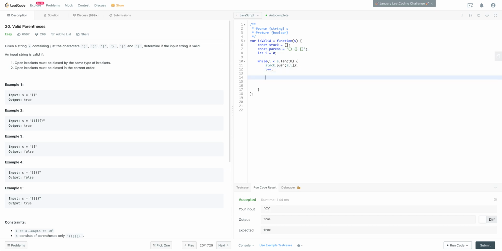So we increment I here, and then what we want to do is pull out the last 2 elements in our stack. So we want to have a let open, and that's going to be stack at stack dot length minus 2. And then we have a close, which is going to equal stack at stack dot length minus 1. Now we want to check, are these valid open and closed? So I'll create a 3rd variable here, potential parens, and I'll combine the open plus the closed. We're going to check, are the 2 elements that we pulled off the stack a valid parentheses? And the way we want to do that is we just want to say if